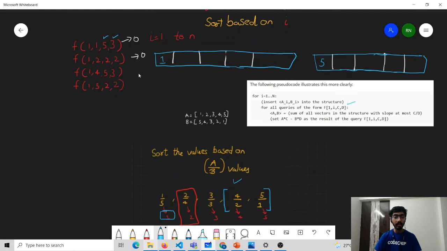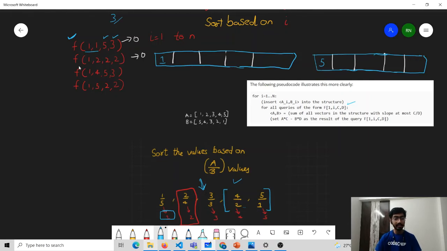values. Now one thing to note is if we are trying to find the contribution for only this particular query, then we are not going to count any value which lies outside the range of 1, 1, because we have only inserted values till the index 1. And we can try to find the d by c value for this case. For this case the d by c value is going to be 3 by 5. And the ratio 3 by 5 is going to lie somewhere over here. That is, we need to take the contribution of the last 3 values only. But here since the last 3 values are empty, so the contribution for this particular query will be equal to